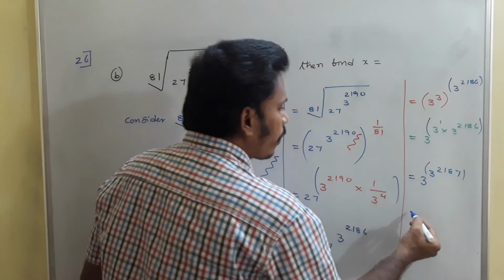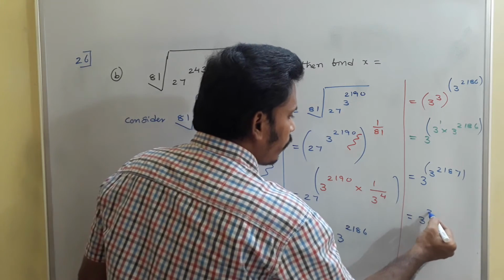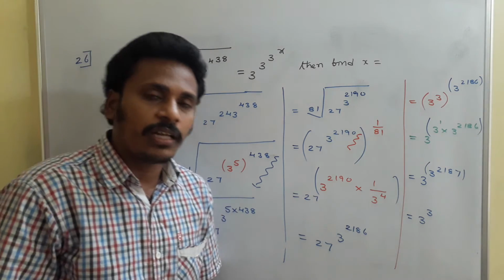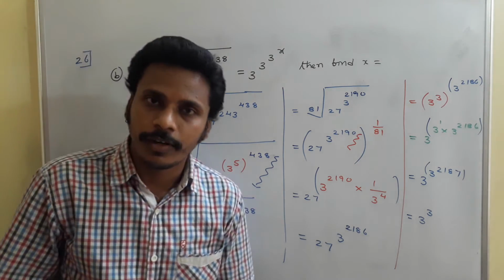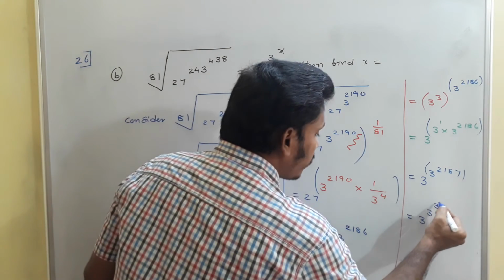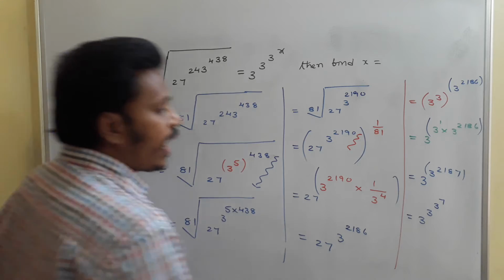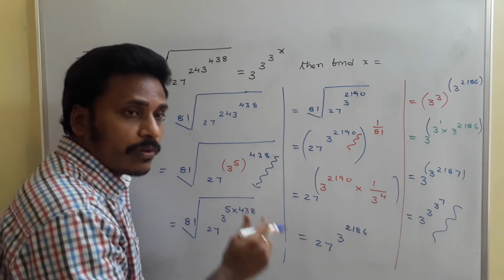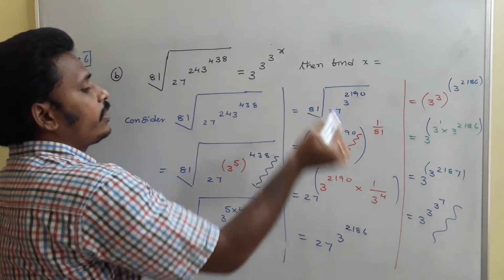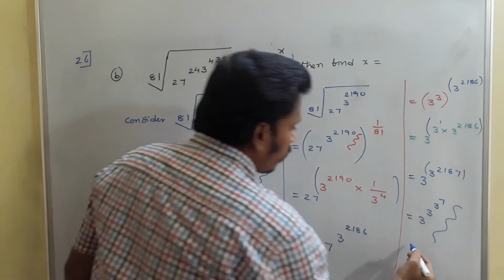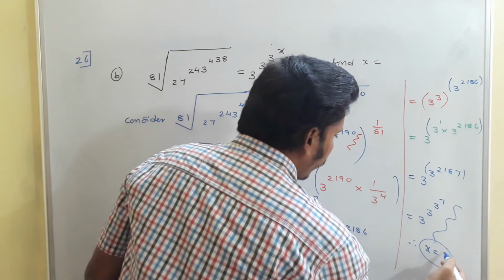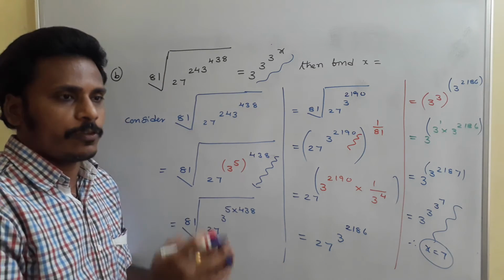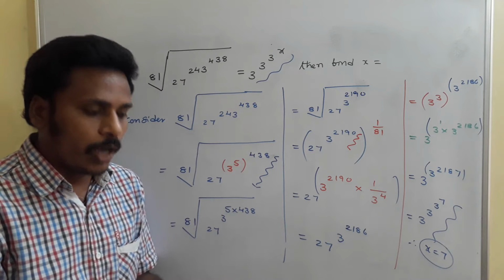If you have bracket power for power, no need to use it. 3 power 3 power. And what is this 2187? Just as I mentioned, 3 power 4 is 81, 3 power 5 is 243, 3 power 6 is 729, and 3 power 7 is that 2187. So this is 3 power 7. At the end, the simplification for the given left side is 3 power 3 power 3 power 7. And when you compare that part with this given one, we conclude the value of x as 7. That's the second bit of this problem 26. Steps are very similar to the previous problem. Just analyze it first, and if you have any doubts, just mention.